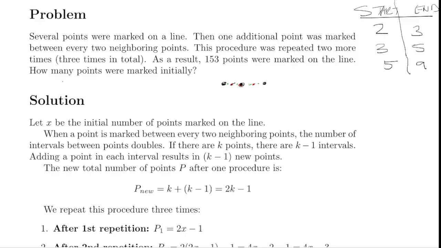So the pattern that happens is, whatever amount of points we start with, we're going to double it and subtract 1. That seems to be working. And the idea is that you're going to put points in between other points, but you can't just double it,